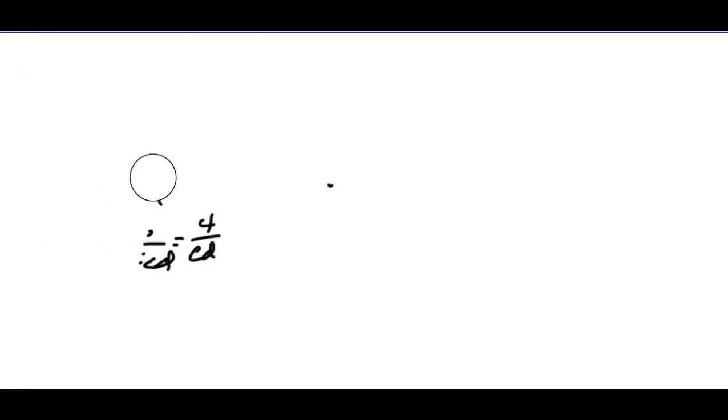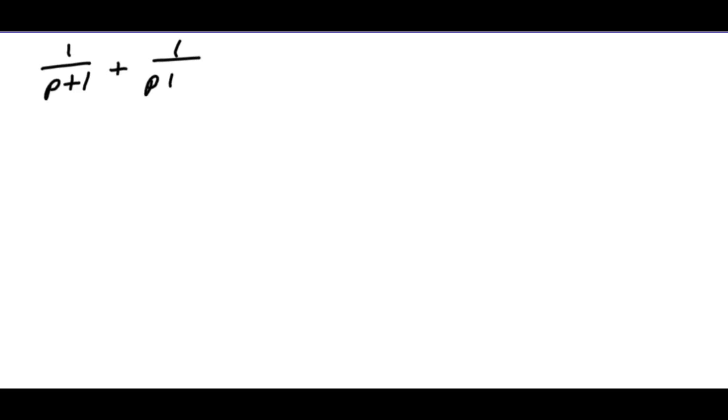Problem number 102 involves both addition and subtraction. And unlike multiplication and division, you need to take these sort of one step at a time. But we have 1 over p plus 1, and then plus 1 over p minus 3. I'm sorry, that's p minus 3. Make sure we get that correct. P minus 3. Minus 4 over p squared